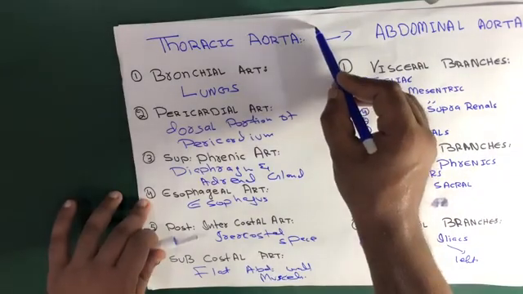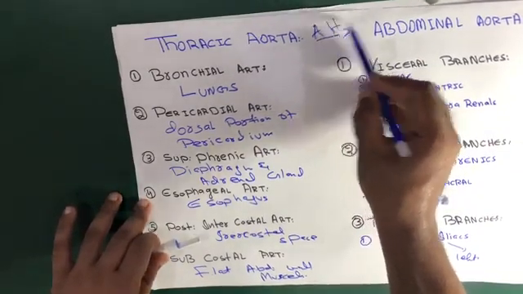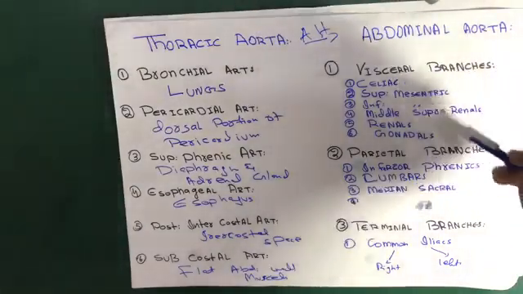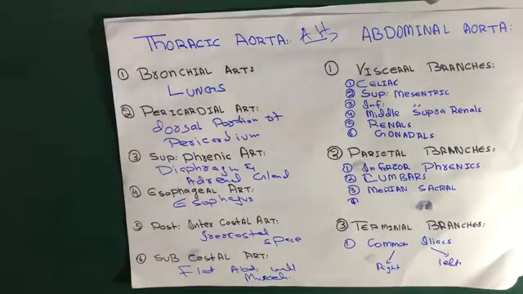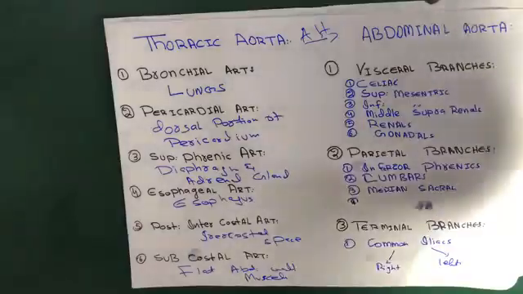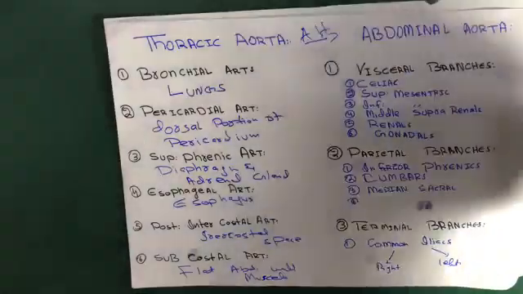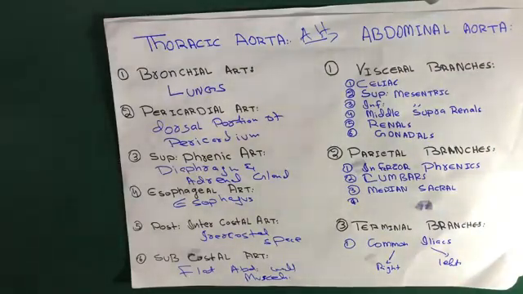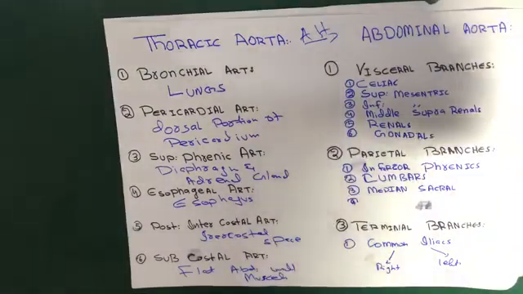We are not going into that much detail in this topic, but here we are going to name its branches, because the abdominal aorta gives 3 main types of branches: visceral branches, parietal